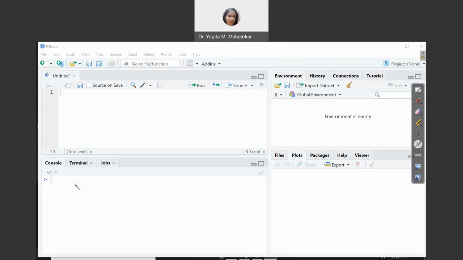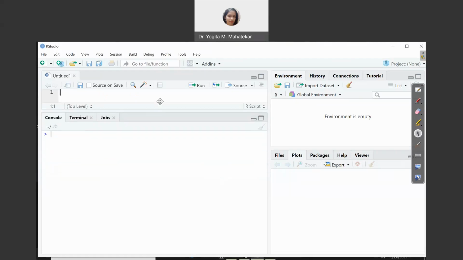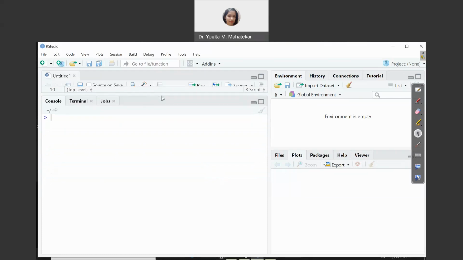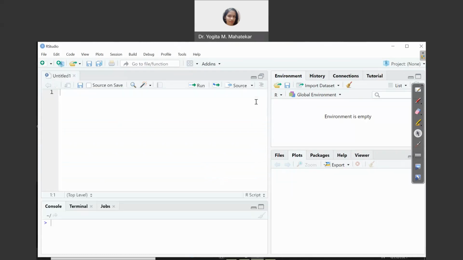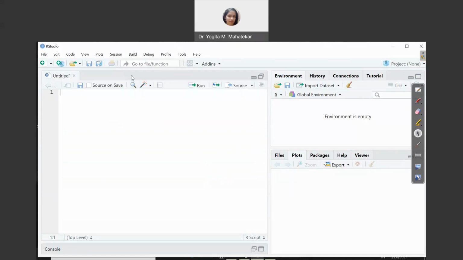Suppose you don't want to use the source window, which is the top left corner window. One can minimize it. How to minimize it? It's like that. One can drag the console window like this, which goes up, or one can minimize this console again, just to start with the script.